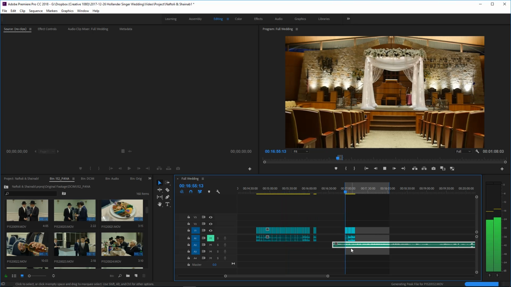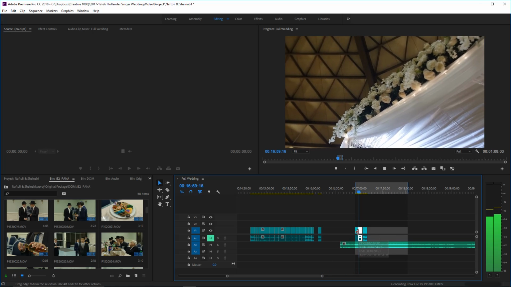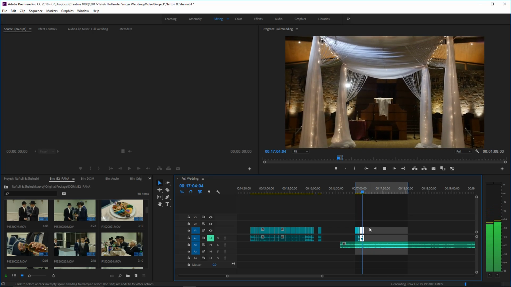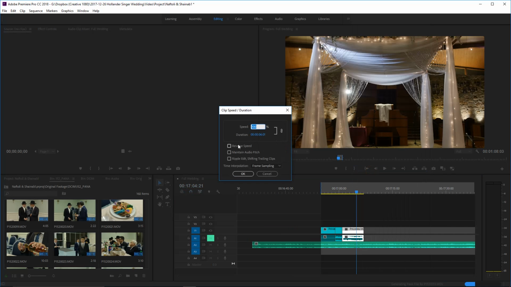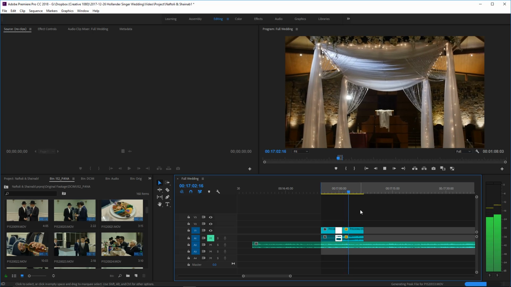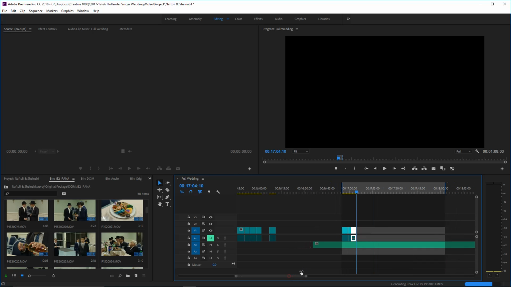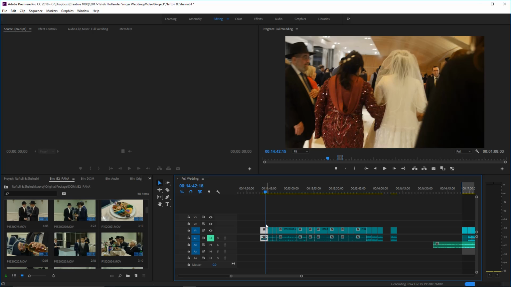This clip I actually want to play in reverse because I'd rather reveal the canopy itself. So we have the flowers here, and then we'll do it from a different perspective. And we'll go from there into the bride getting ready. I'm going to skip this clip of her leaving the room, I think.